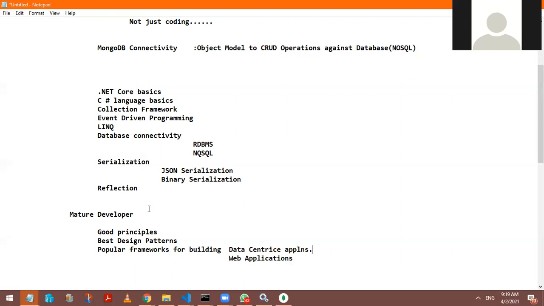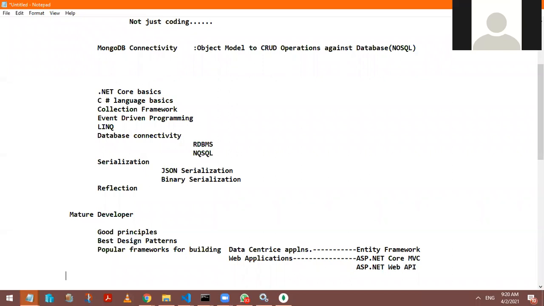So for data centric applications, .NET Core has given you Entity Framework. And for web applications, we have something called ASP.NET Core, ASP.NET Core MVC, Model View Controller. We also have something called a Service Oriented Architecture framework, ASP.NET Web API.